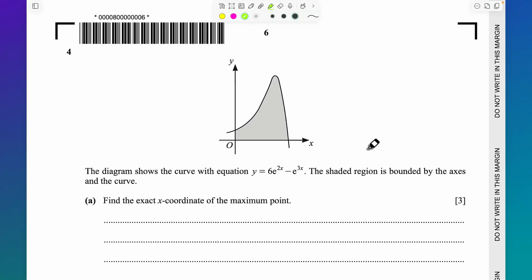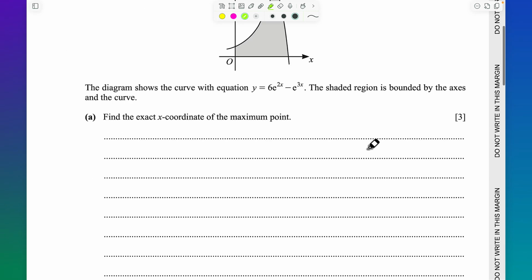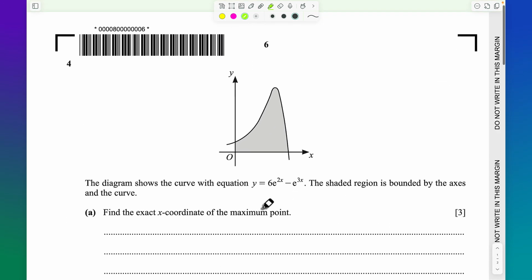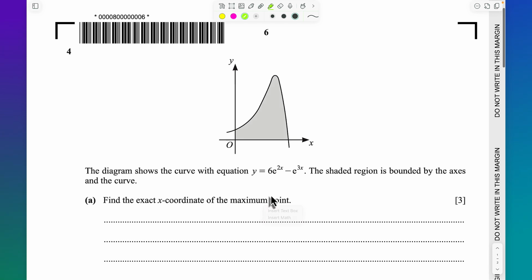In this video, we're going to be working on how to solve differentiation questions that have to do with exponential functions. So we're going to jump straight into this, but this is the May-June 2025 paper 21 past paper. Okay. So the question says the diagram shows a curve with the equation y is equal to 6e to